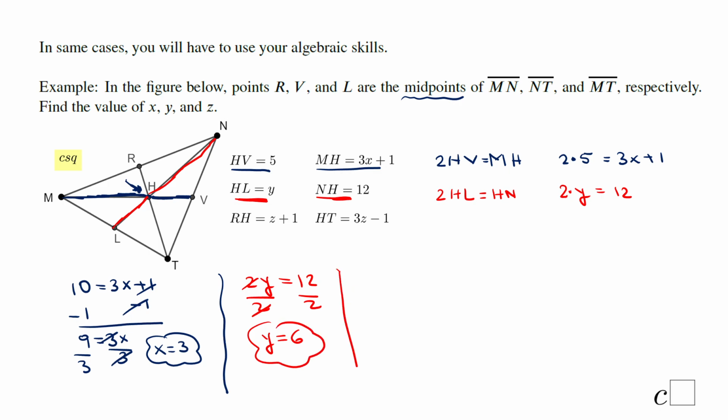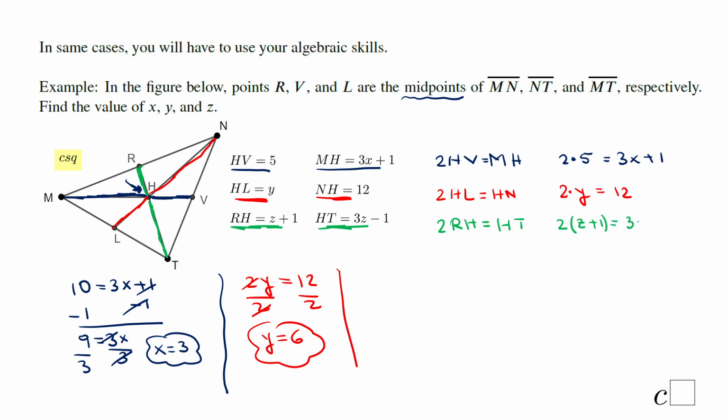And we have a last part of this problem, where we have RH, which if we take a look is this bottom part of the median, if you want to call it like that, and HT is the top part. I call this the bottom and top because looking to the vertex, in this case vertex T. And what do we know? That twice the bottom part, RH, is the top part, HT. So what will be the equation? 2 times z plus 1